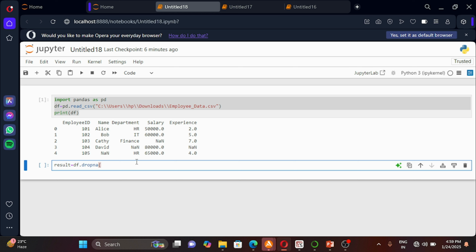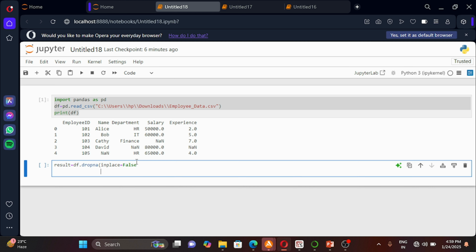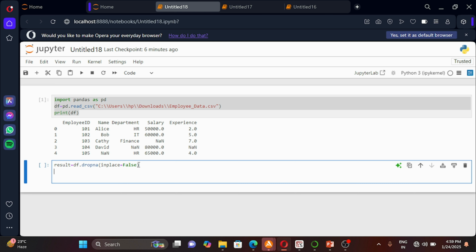So df.dropna with inplace equal to False, and then I'm going to print the result variable. Let's see how it works.